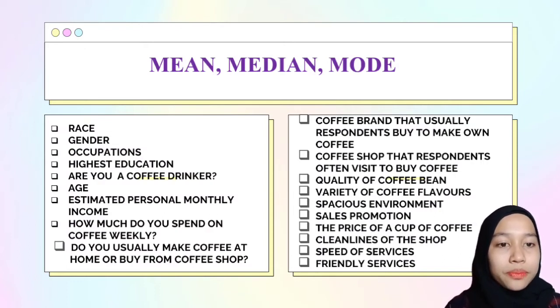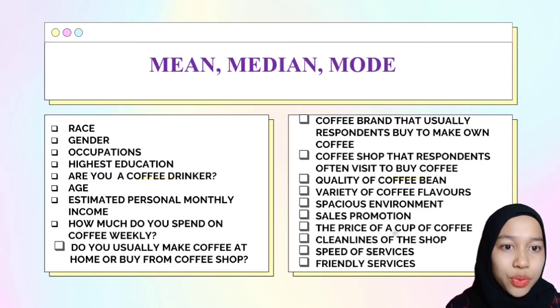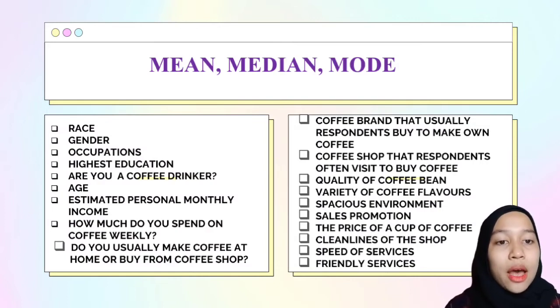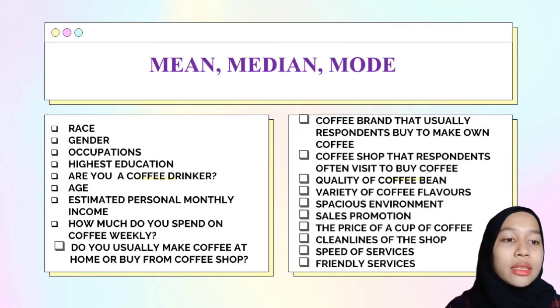Cleanliness of the shop, mean 4.387, median 22. Mood, the response of teenagers and adults in Malaysia who rate 5 occurs with the greatest frequency, which is 100. Speed of service, mean 4.179, median 32. Mood, the response of teenagers and adults in Malaysia who rate 5 occurs with the greatest frequency,